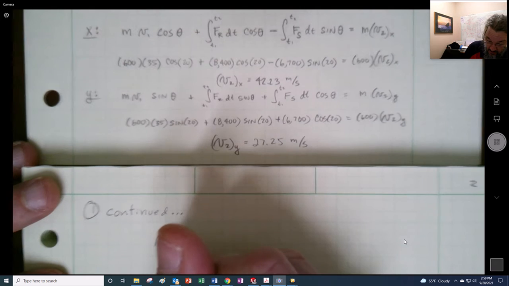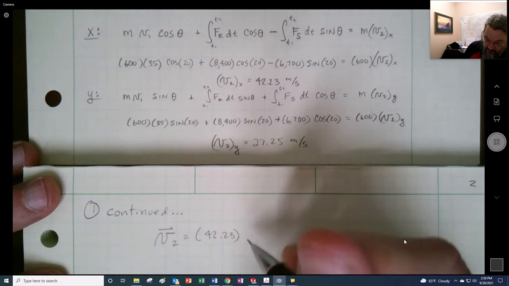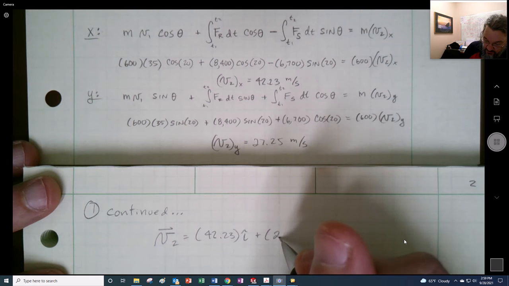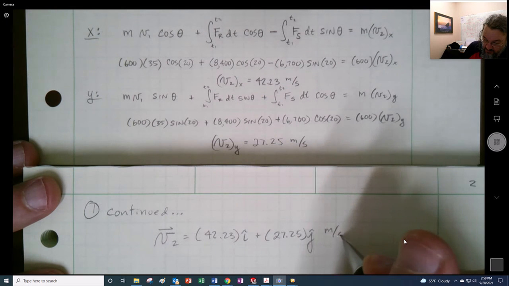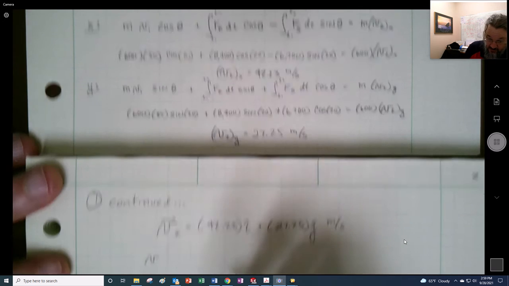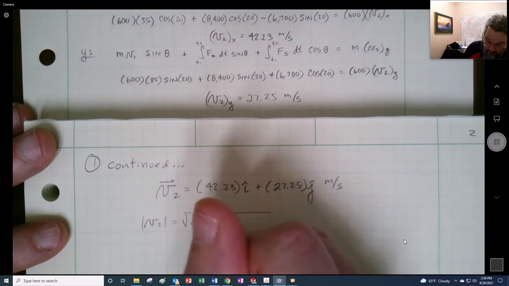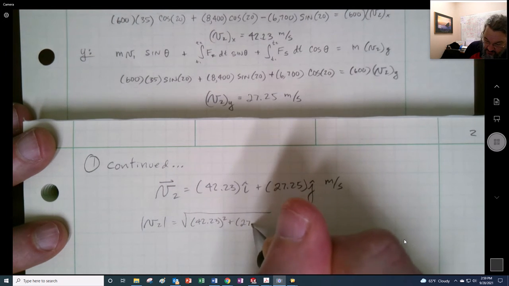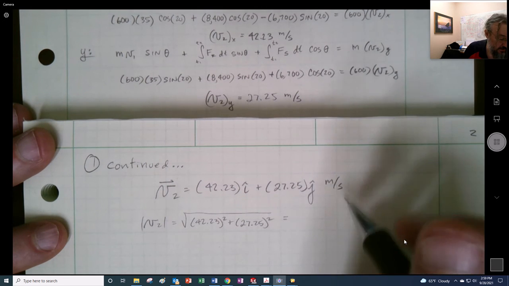We want to write out our result here as a vector, which is going to be 42.23 i plus 27.25 j meters per second. Let's figure out what our magnitude is going to be. 42.23 squared and 27.25 squared. And I think I get